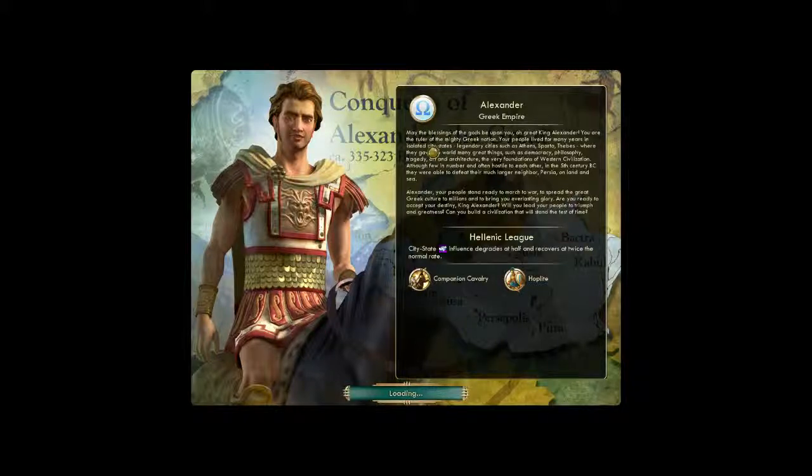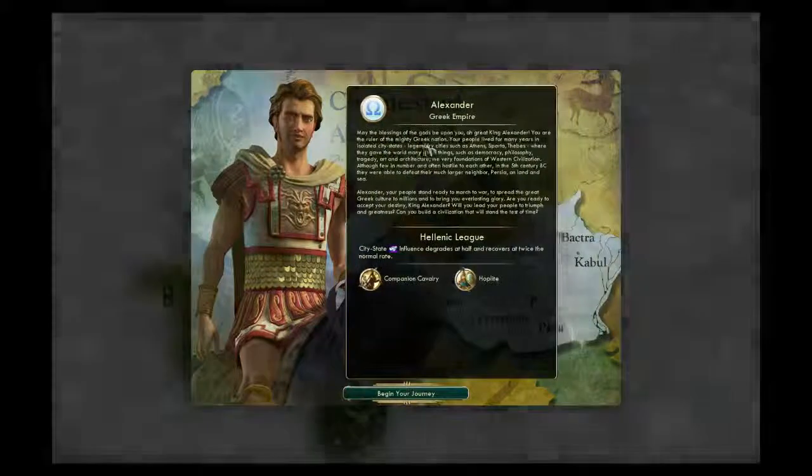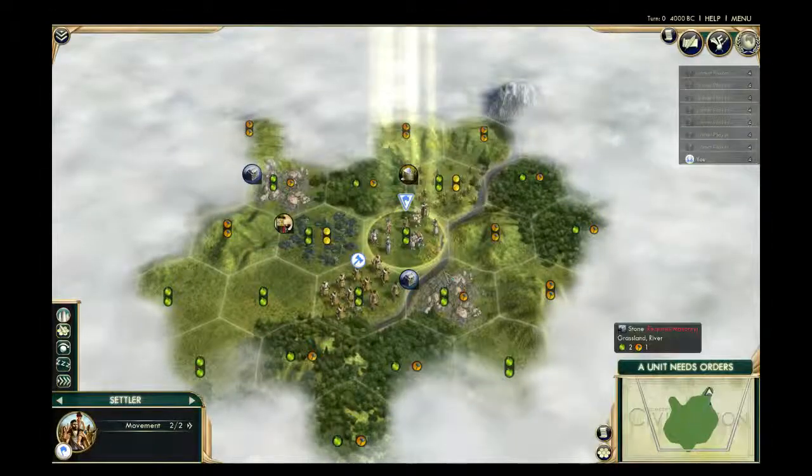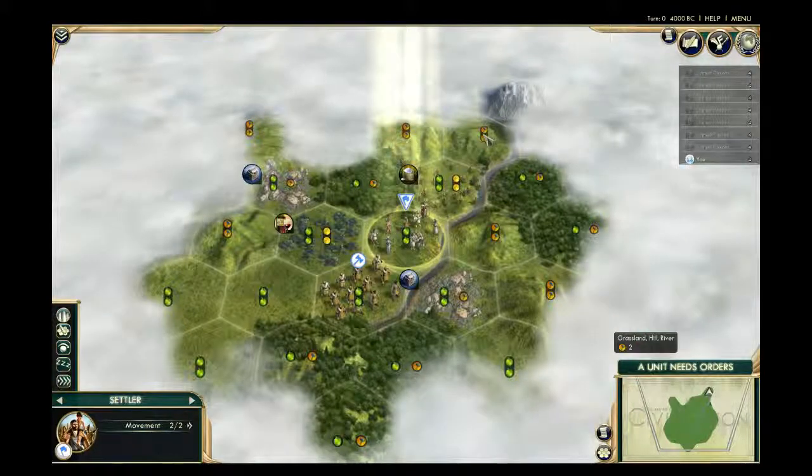May the blessings of the gods be upon you, O great go King for it. Alexander. You are the ruler of the mighty Greek nation. Your people lived for so many years in isolated yeah, city-states, no mountain. legendary cities. Yeah, such the as gold Athens, is on a desert Sparta, tile. Thebes, Where they No gave the coast, world even many though at the great coast no things sea such as resources, but democracy, still not bad. philosophy, tragedy, art, and... In here,